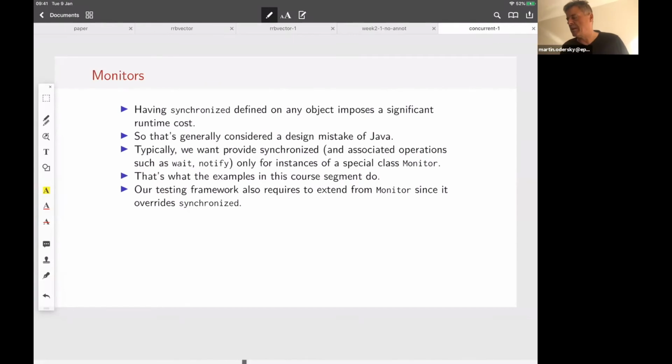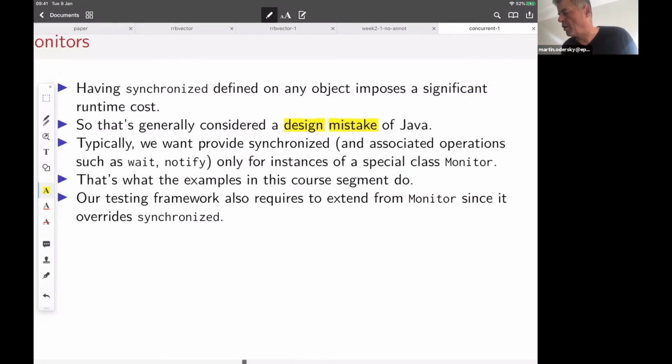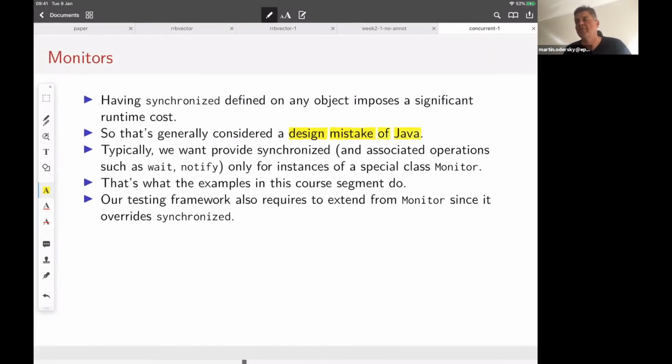So that's generally considered to be a design mistake of Java, to say that every object has this locking operation defined. Typically, what we want rather than what Java provides is to do synchronized only on instances of a special class. Let's call it Monitor.